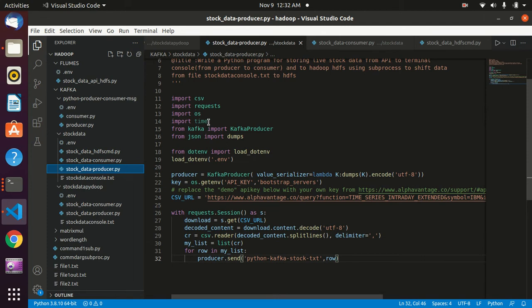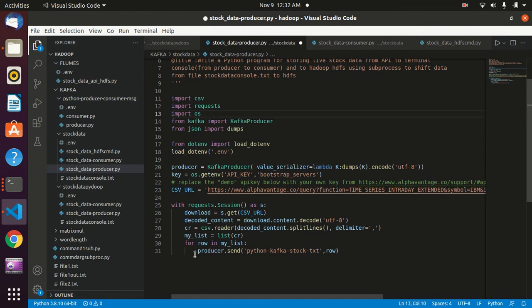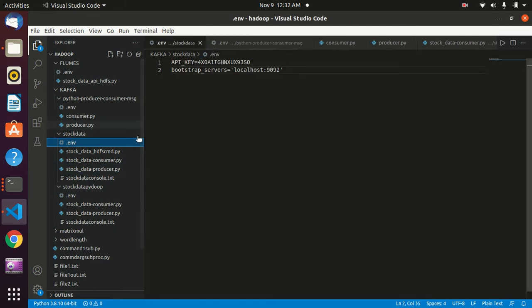time isn't necessary. If you want to make the sleep for the terminal, while executing the API, if you want to make the data a little slow, then you can use sleep. For that you can import time, but it takes a lot of time, so I'm not using it for the time's sake. And next using env file here. So from the env file, which consists of my local data and the API key, and